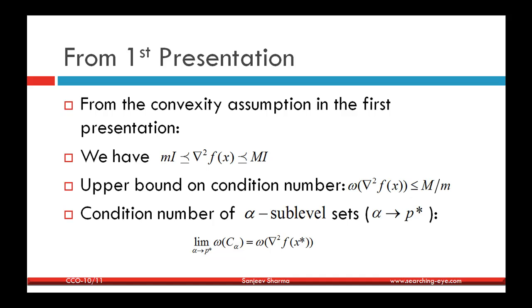and the condition number of the alpha sublevel sets, where alpha is very close to p star, where p star is the optimum value of the function, that is f of x star, and as alpha tends to p star, the condition number of the alpha sublevel sets is the condition number of the Hessian of the function near the optimum solution. That is, the condition number of the alpha sublevel sets where alpha is close to p star is equal to the condition number of the Hessian of the function f at x star. So all this we have discussed in the first presentation,